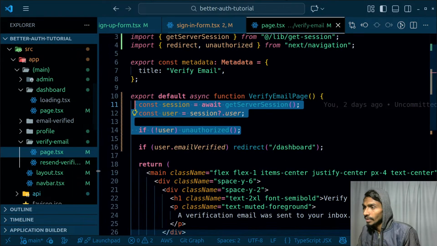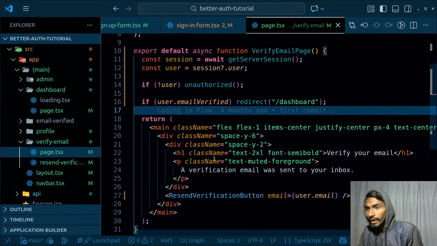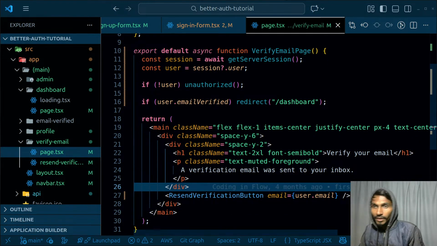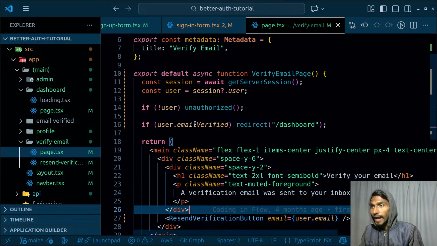sorry, few things are missing. Verify email, and I have verification email was sent successfully, that is fine. Verify your email, and I will only be